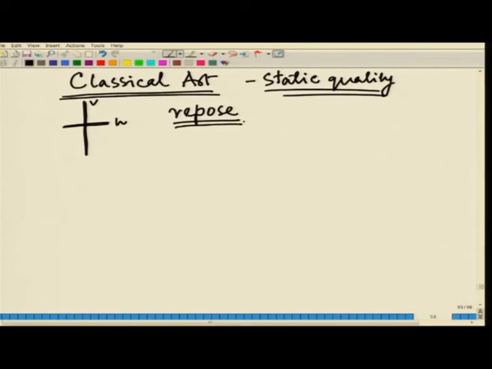So, a classical sculpture or a classical drawing will have certain elements that will put it in a stable manner. So, if this is the vertical formation and it also has a horizontal formation, a dynamic form will also come in a static formation. For example, if it is a dancing figure,